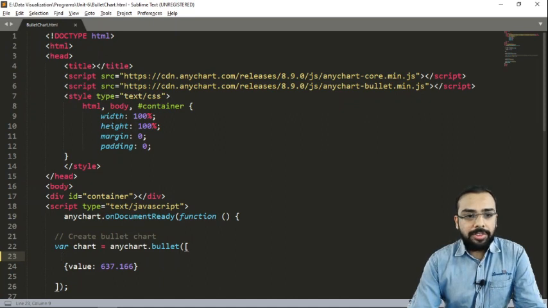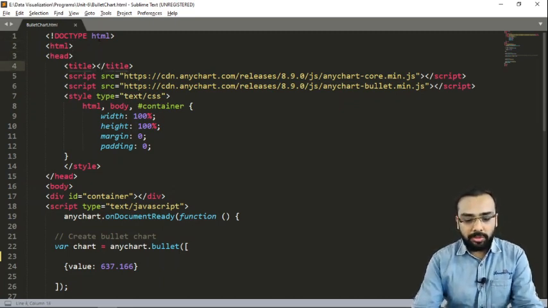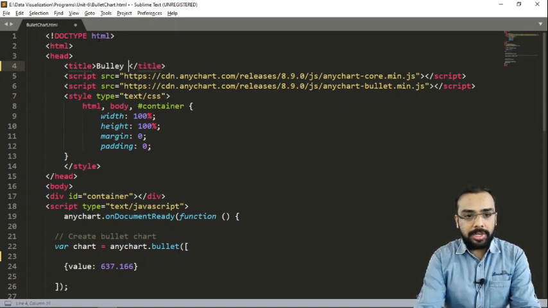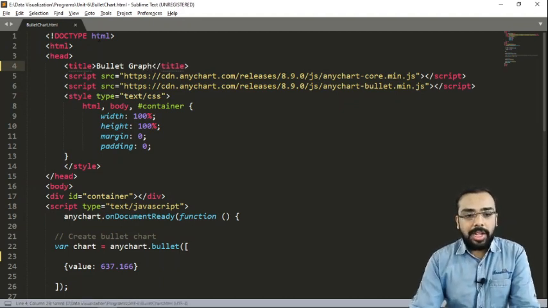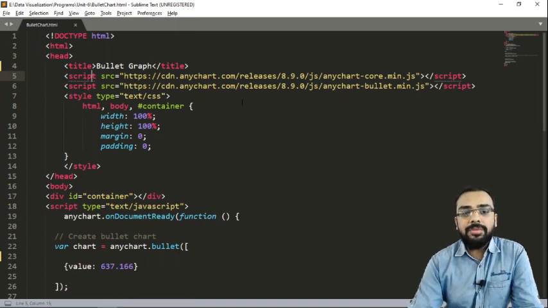The first thing we have to do is we require an HTML tag. Inside this we have specified the head. We can also specify the title over here as bullet graph. The next thing we are required to specify is the CDN value, that is from where we are going to create these particular charts.